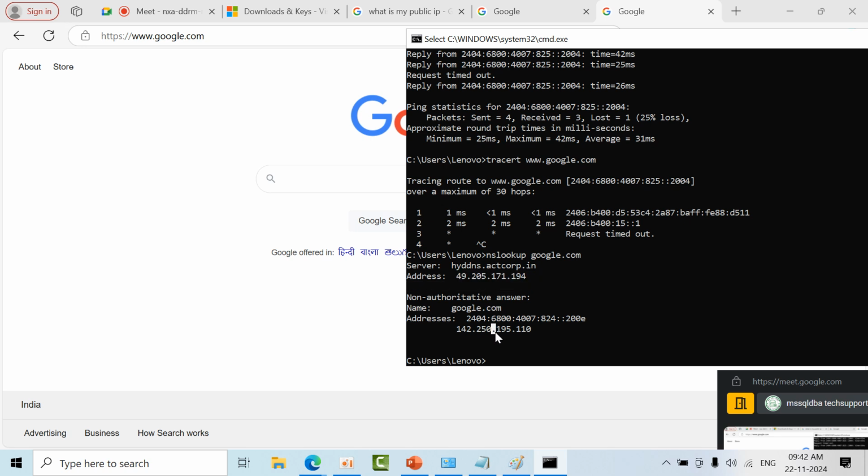This is the server it is hosted from, and I am getting the network IP addresses as a response. The google.com is originally hosted on these IP addresses. If you had any issues, you will get a value called unknown here. So now you can take the screenshot.